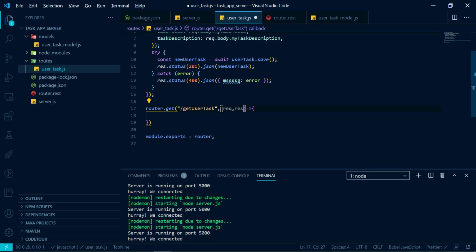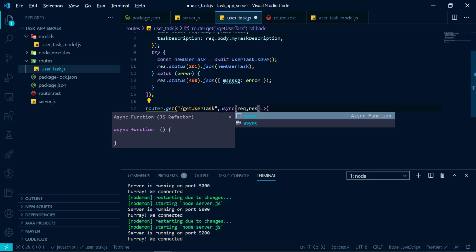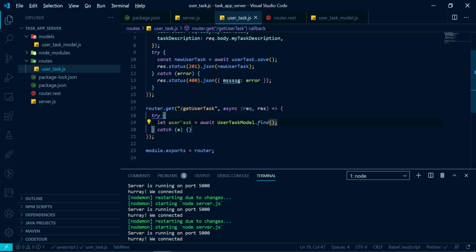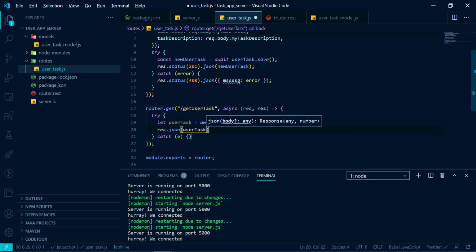Here we will again make it async and use try catch, and inside try we can do let, and after that response.json, and if we get any error,